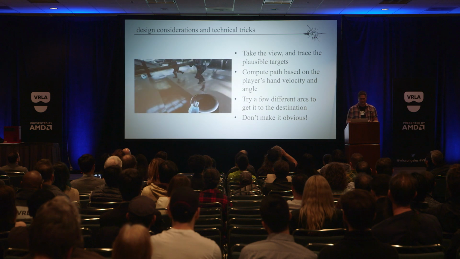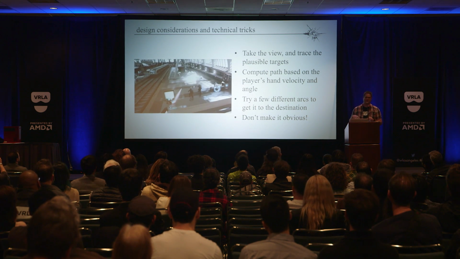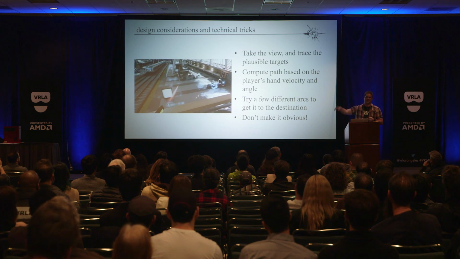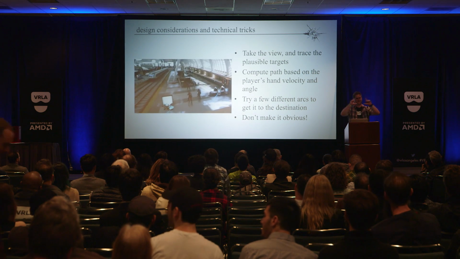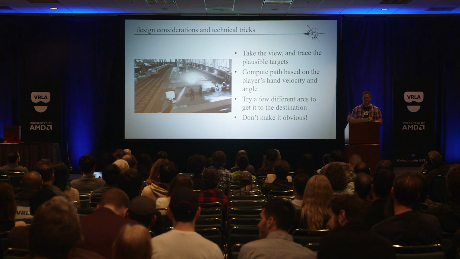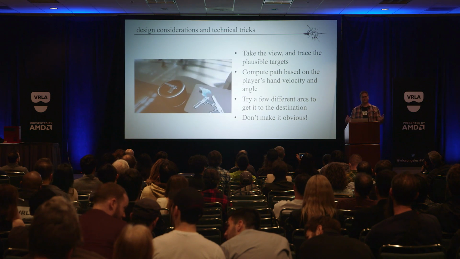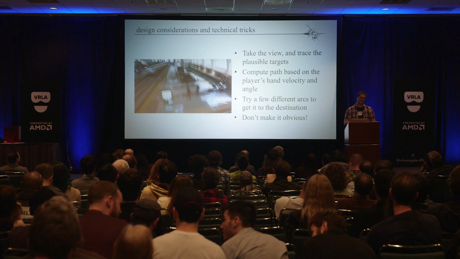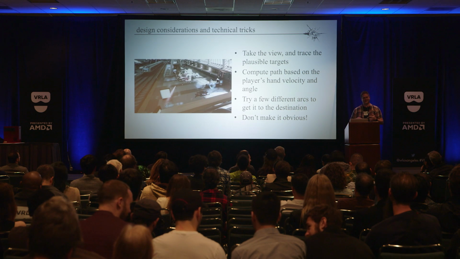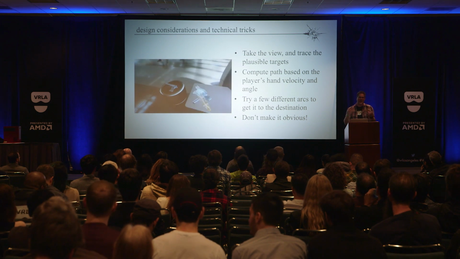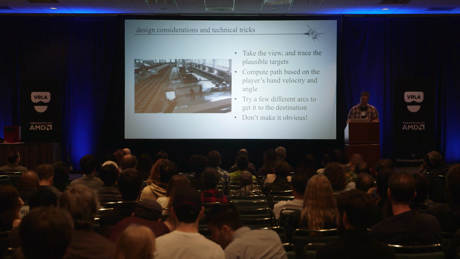The way we did that was we added little components that you could just drop on anything in the world. The enemies have them on their heads. We put some on trash cans so you can throw grenades and get them in trash cans. There are all sorts of little targeted places. And we have a cone that comes out of the player's head. We find the thing that we think they're aiming at, and we compute a velocity and see if we can make it there with a plausible throw arc that looks something like what the player's hand was doing. The key was tuning it to not be too intrusive, and only do it when they really actually threw something at somebody, rather than always darting straight off towards the enemy.